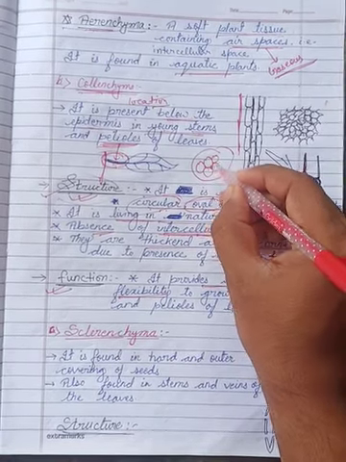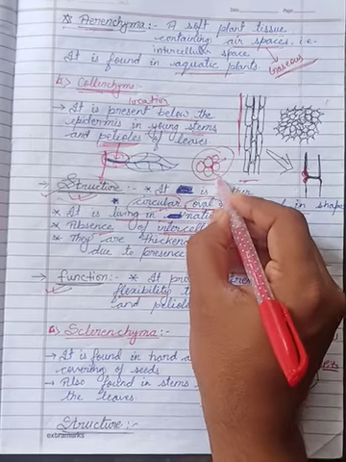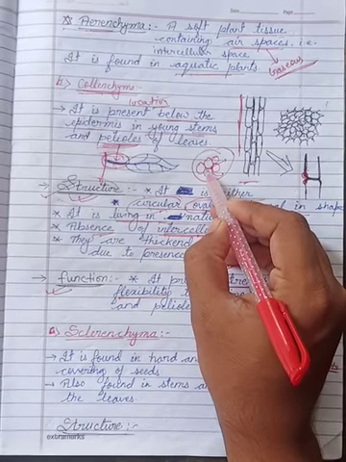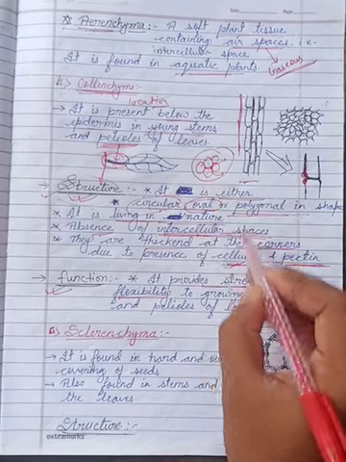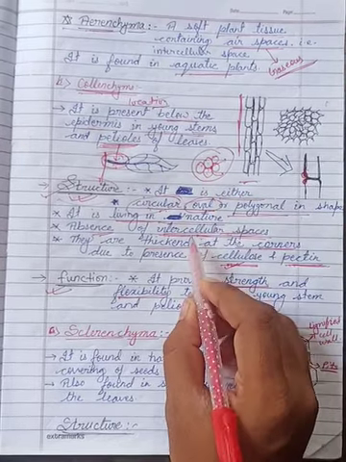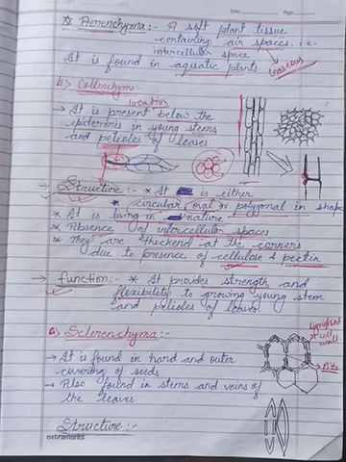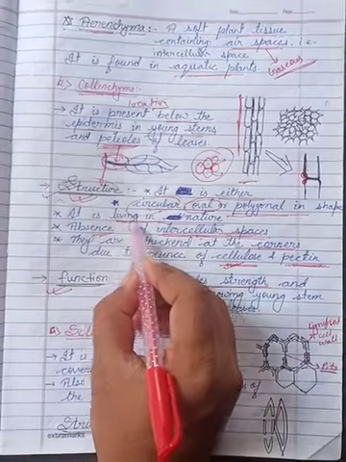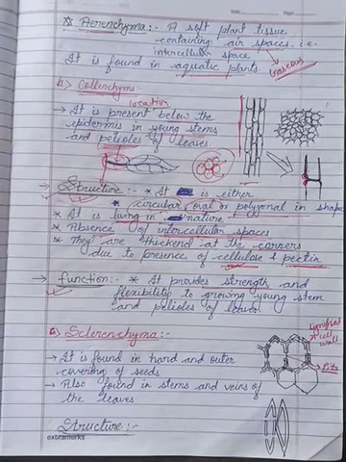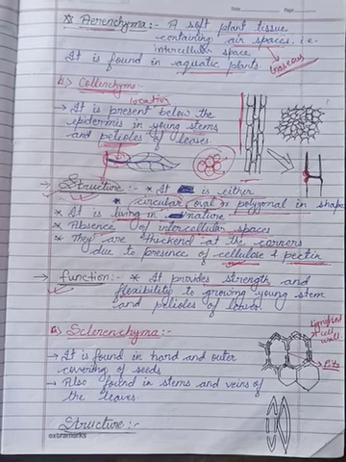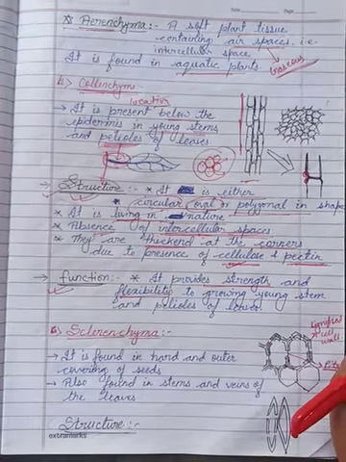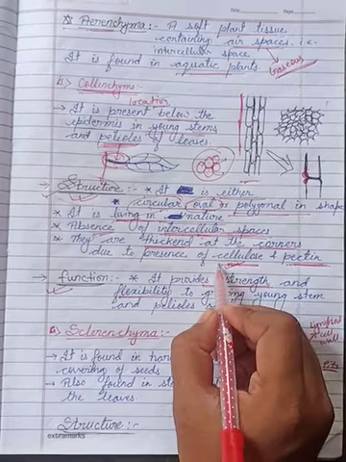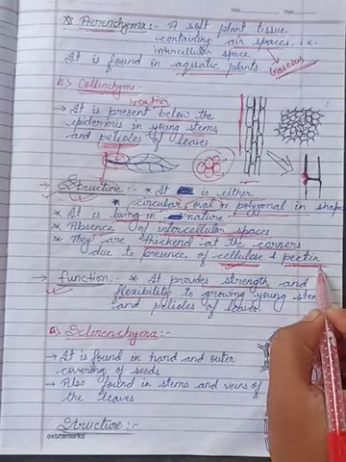It is the intercellular space. As I told you earlier, the intercellular space is between two cells. The space between two cells is called intercellular space, which is absent in collenchyma, and it behaves as a living type of cell. They are thickened at the corner, just because of the presence of cellulose and pectin.